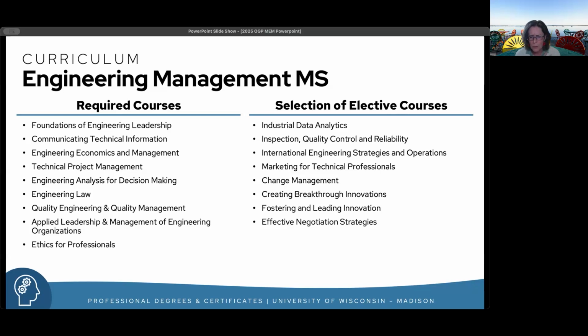Change management is one of the 1-credit courses. We have creating breakthrough innovations as another 1-credit course. And then this fostering and leading innovations is a 3-credit innovations course. And then we do allow you to select electives outside the program as well, if that's appropriate. And we go through what makes sense for you based on your goals within your career.